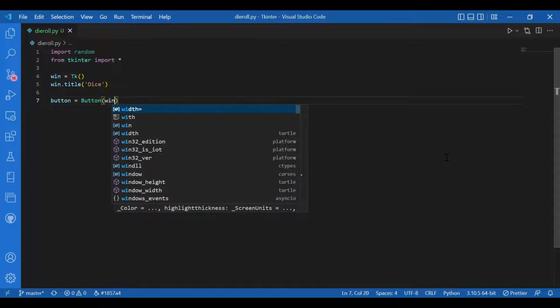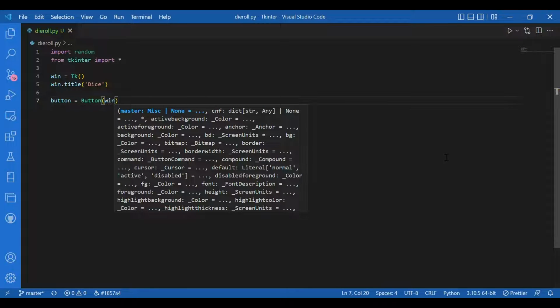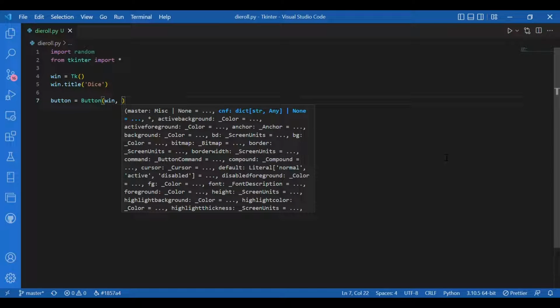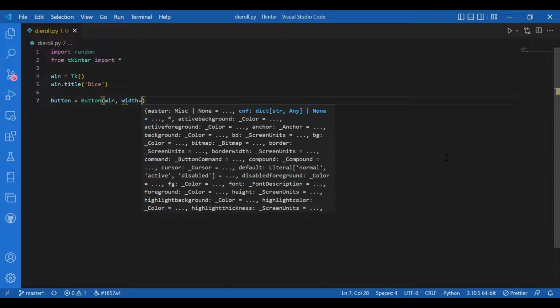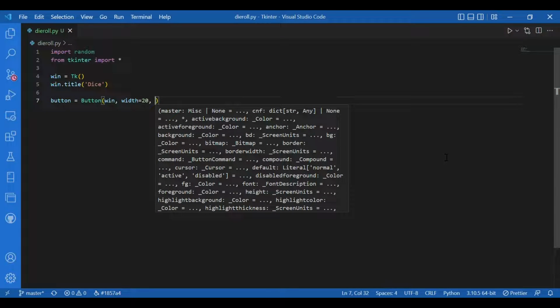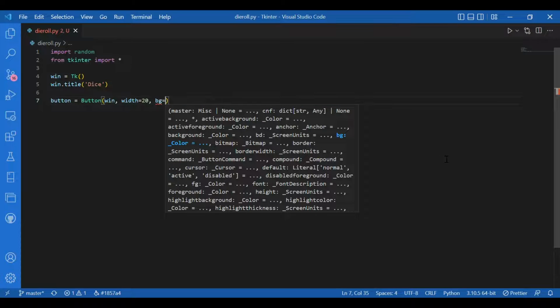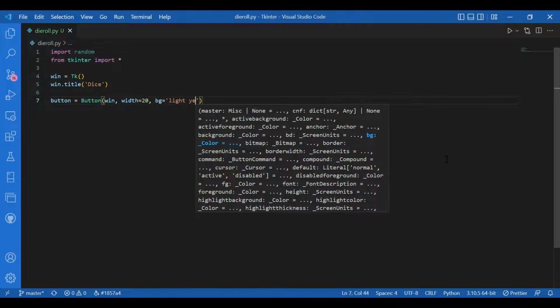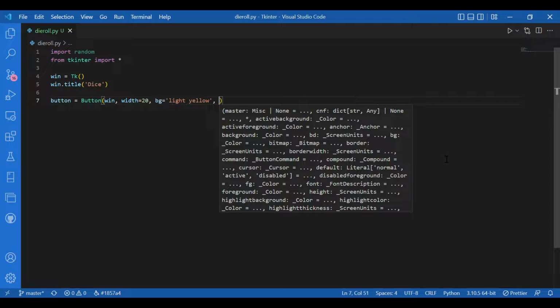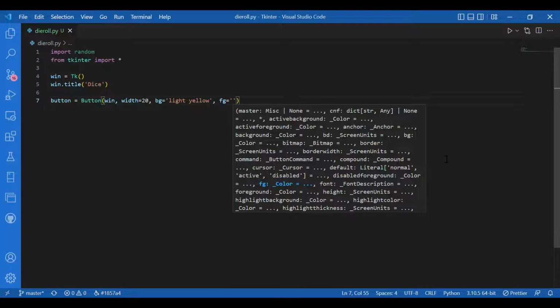Where do I want the button? I want it on the window, so I'll write win, and I'll give in the width to be 20 and background to be light yellow. Then I can give in the foreground to be blue,